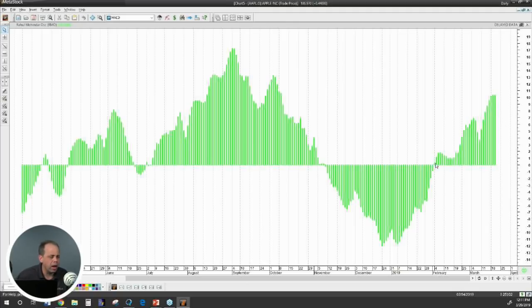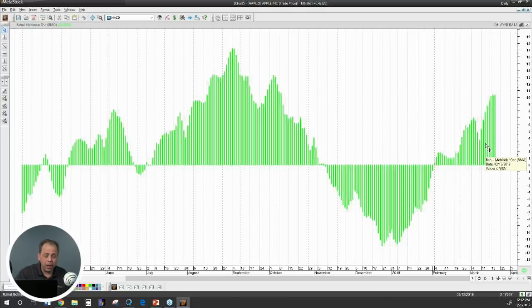Basically, we're going to take a look at this indicator, and recently we're going to say that this indicator is above 0. It's been below 0 here up until about, well, exactly February 4th, and since February 4th, it's been above 0. If it's above 0, then from a long-term perspective, the RMO is in a bullish state. In other words, the stock is trending up. We're reading a bullish reading long-term. What does that mean for us as traders? Well, it's very simple. If we want to trade with the trend, we don't want to take shorts. What we're going to be looking to do is go long.